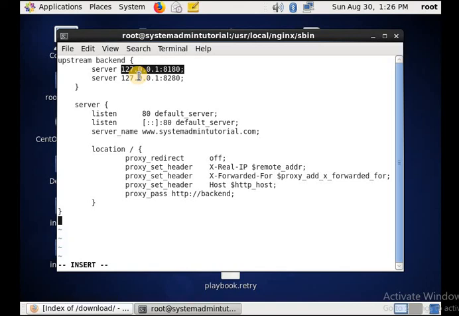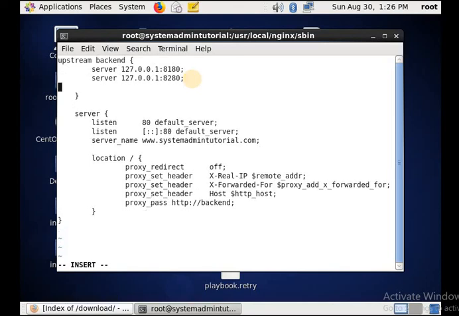On horizontal clustering, in a single server, a number of different instances are running with different ports: 8180, 8280, and in the same way, because here I am running 3 servers.